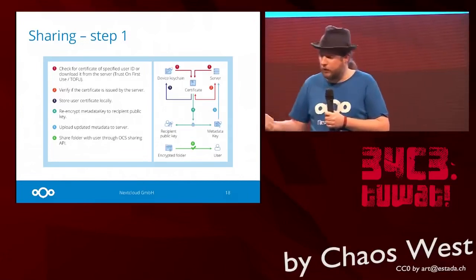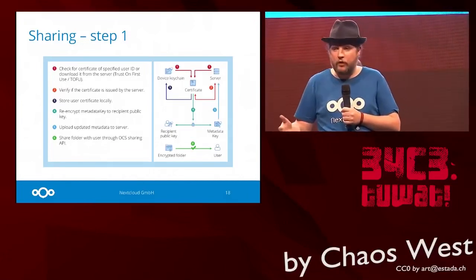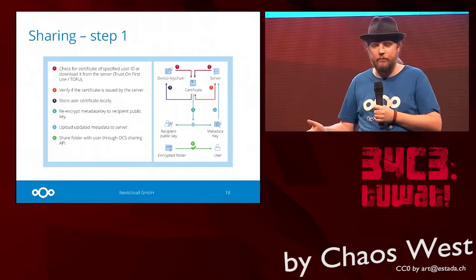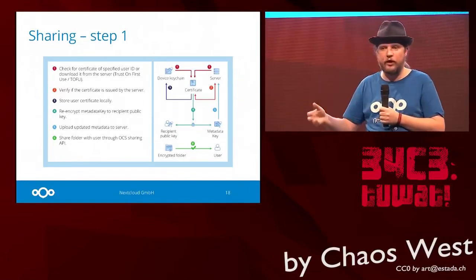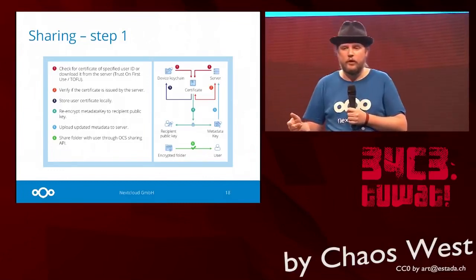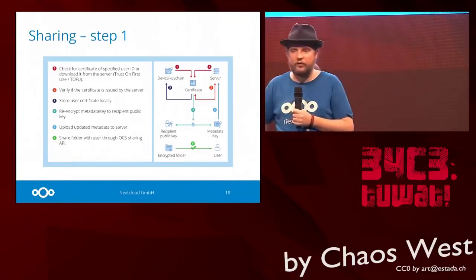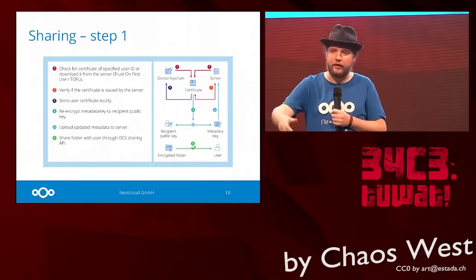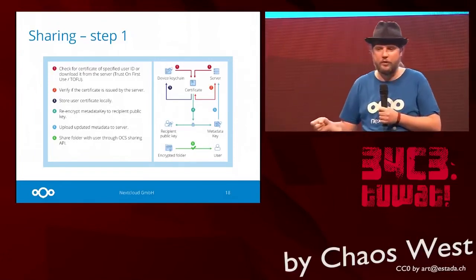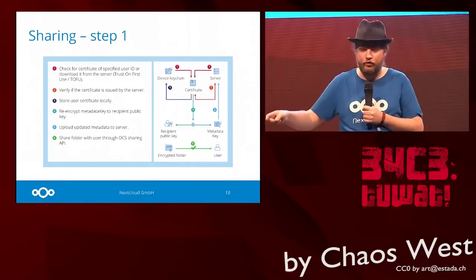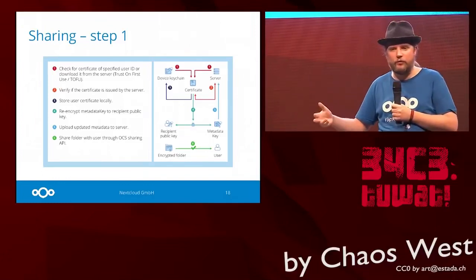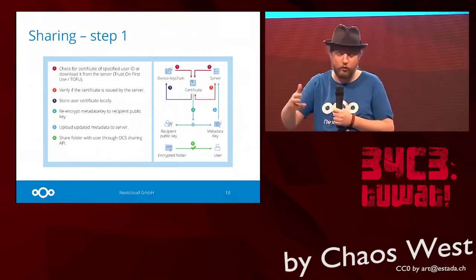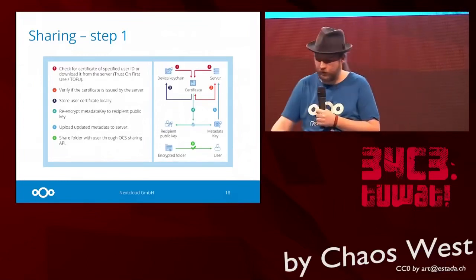Then, well, simple, you re-encrypt the file metadata key to the new person you want to share with, to their public key, and then you essentially upload the metadata again, and you tell Nextcloud via the OCS API, I want to share with this person, and then the other person can download the file and use their private key to decrypt it, or the whole folder actually, not just the file.